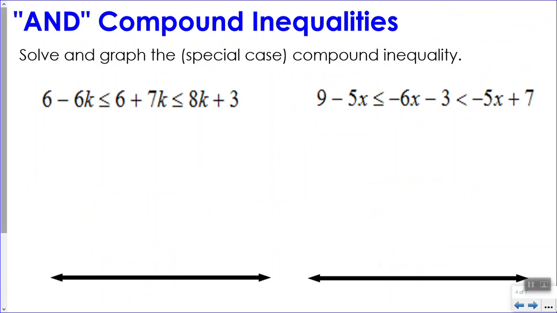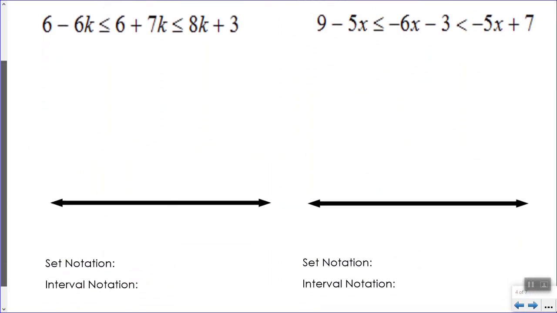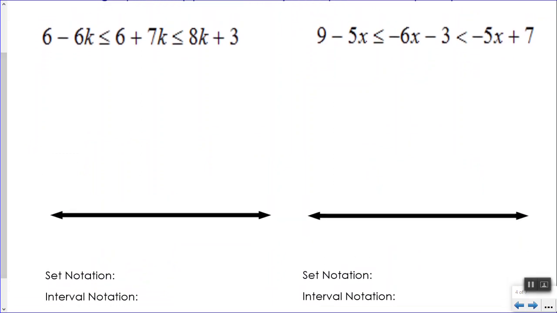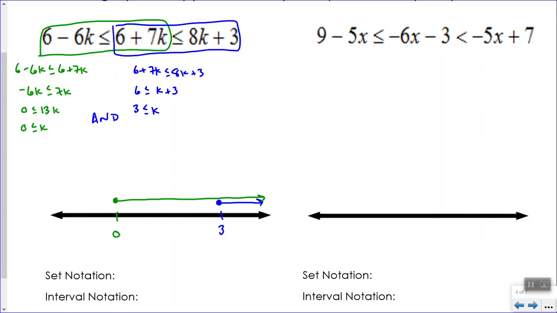Now we're going to look at what happens for our special cases with compound inequalities. Take a minute, pause the video, and see if you can figure out what to do with the inequality on the left. When we solve the left part of the inequality, the one in green, we get that k is greater than or equal to 0. When we solve the right-hand side, we get that k is greater than or equal to